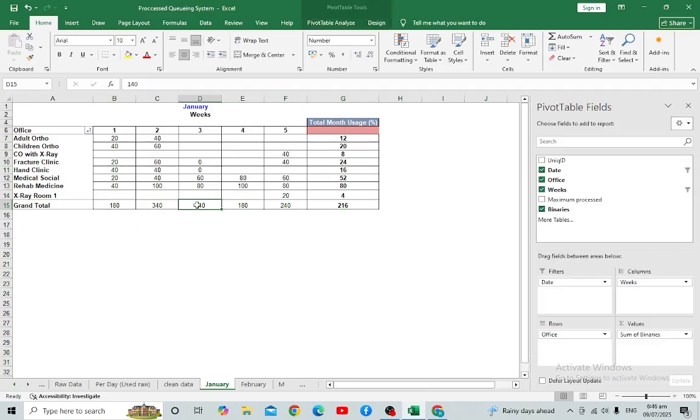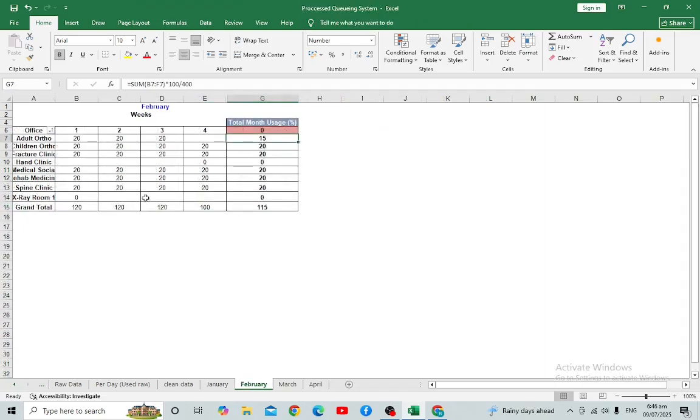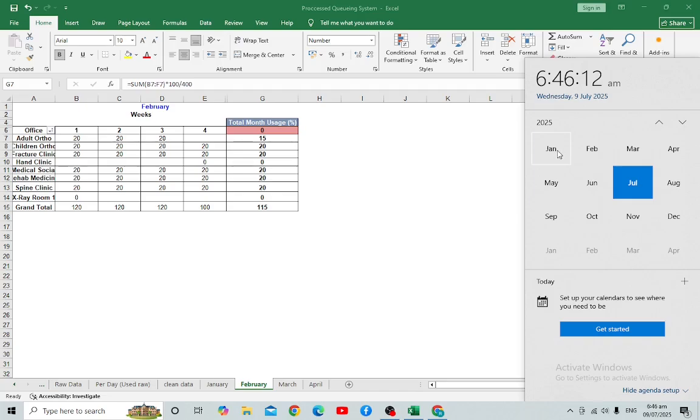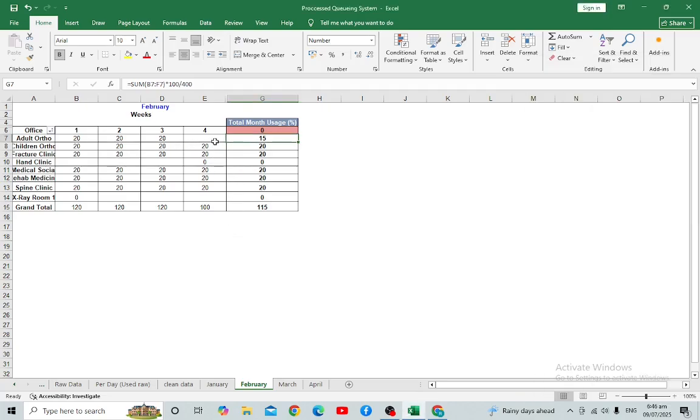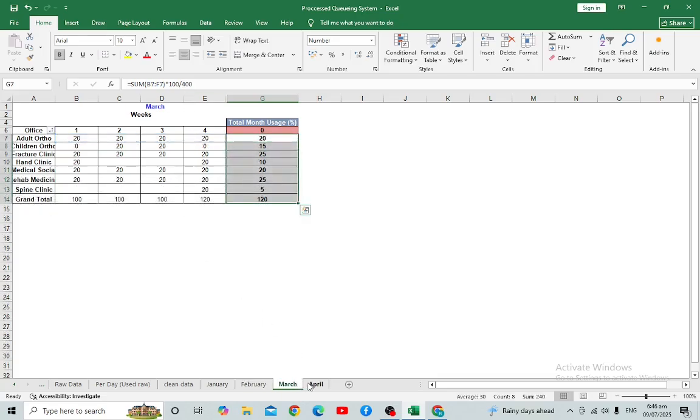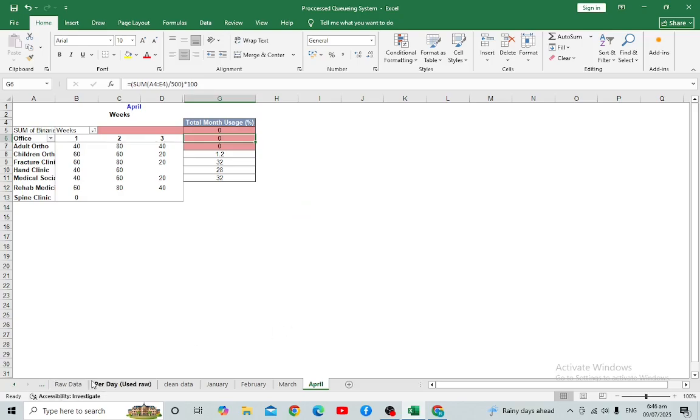Okay. I put in the grand total for the sake of a grand total, but it doesn't mean anything actually. Okay, I have February here. You can see in February the first business operating day starts in the second week, so we consider it as the first week of February. It is composed of only 4 weeks, so the formula will be divided by 400.